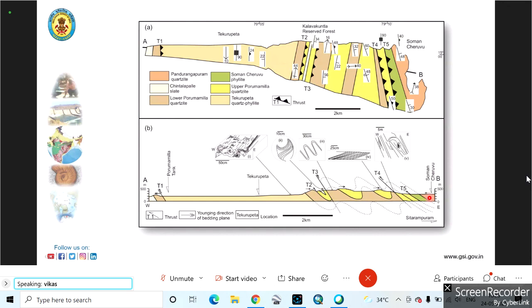The way I had discussed in the previous slides about the overturning of the beds, how the beds have overturned, they become reclined and then thrusted. Here also, overturning has happened and thrusting has happened. These are very common things. If overturned beds are happening, and you go on giving more strain, obviously some thrusts or faults will start to develop. So the same thing has happened here also, and we had correlated it like that. Next, please.